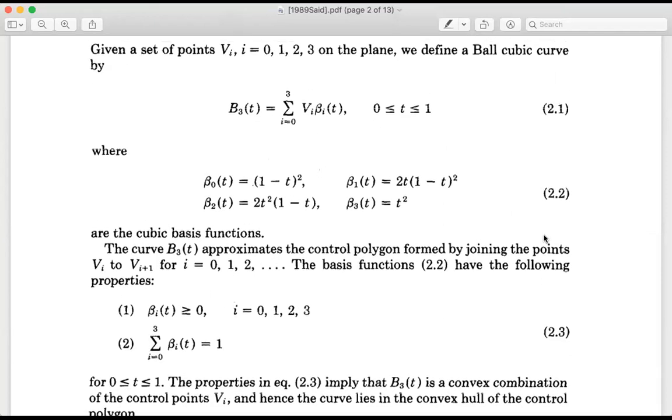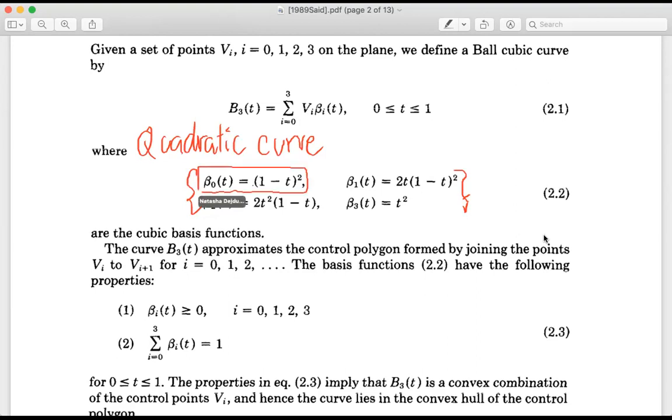Okay, this is a cubic Ball polynomial. There are four polynomials, but if you want to make it a quadratic Ball curve, you have to start from beta 0, and change this one to beta 2 in order to make it quadratic. Because these four polynomials sum to 1, beta 1(t)